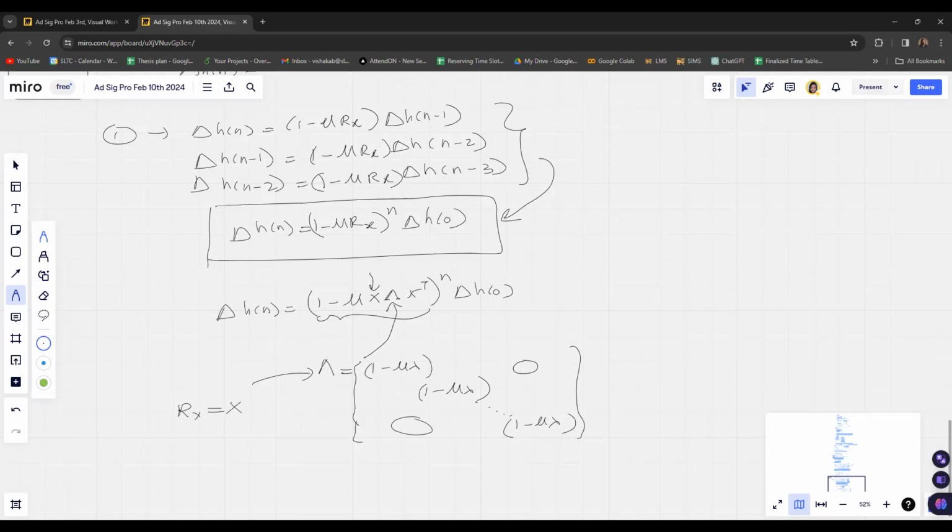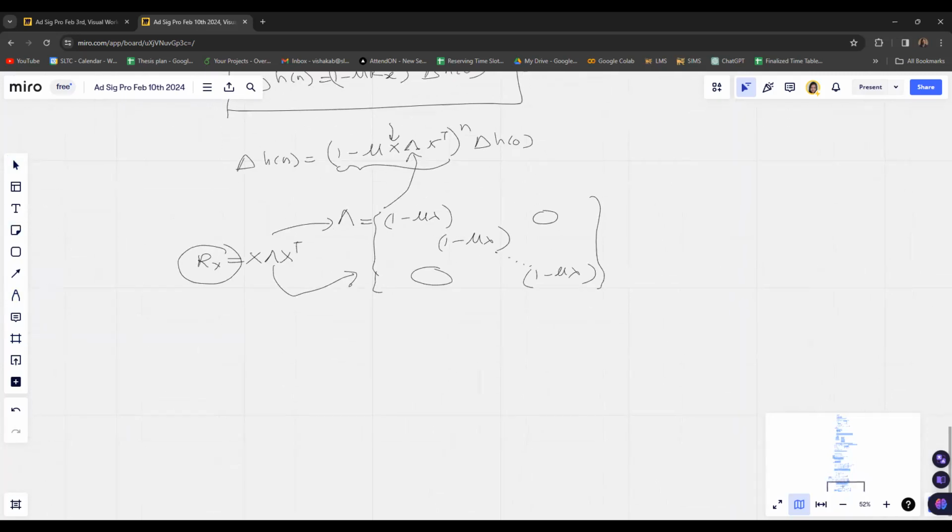Rx is a combination of X, this lambda, and X transpose. So the lambda matrix contains the eigenvalues of the Rx matrix. So the Rx matrix has these eigenvalues. So by considering this scenario, we can write the delta Hn as a power of 1 minus lambda Hn. Sorry, 1 minus mu lambda. So once I have considered all these matrix operations, I can write this as